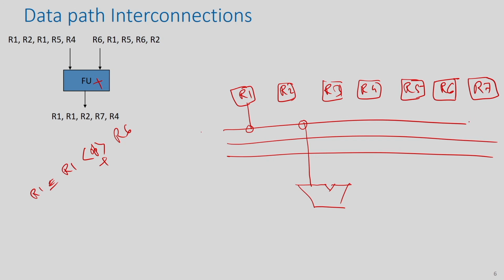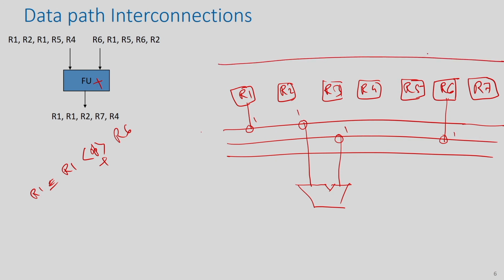Similarly, R6 you need. So, you cannot put it into this bus, because in the first time step you need this data. So, this R6 must be connected to the other bus, and similarly you need a connection here as well. So, then if you put 1 and 1 here, 1 and 1 here, this data R6 will come here.